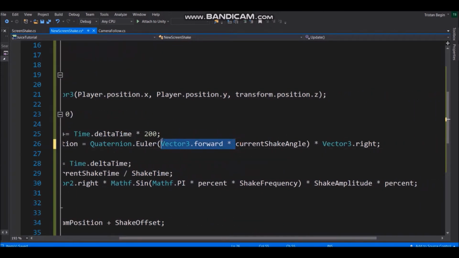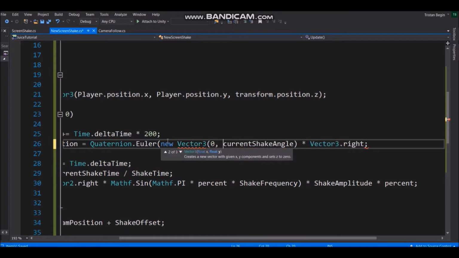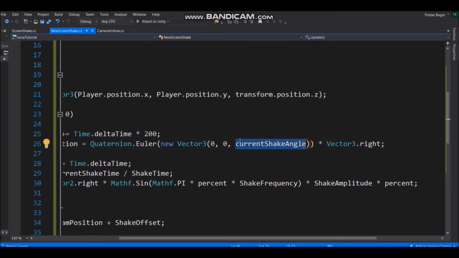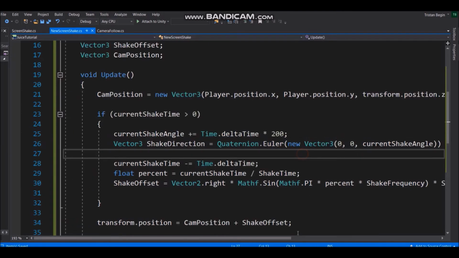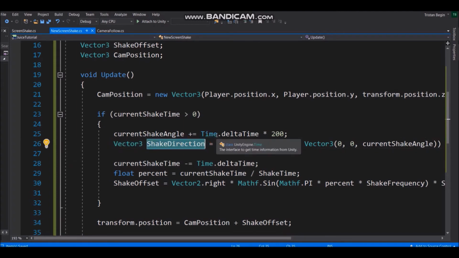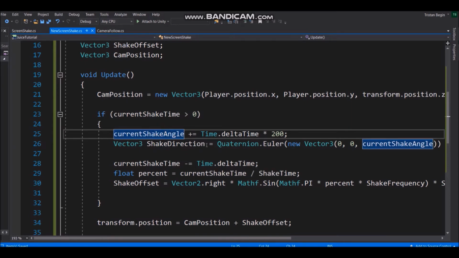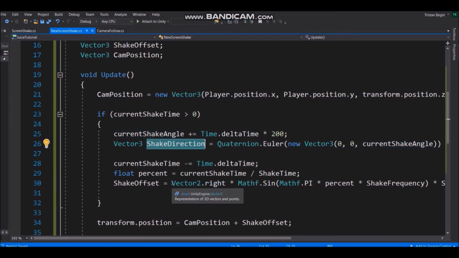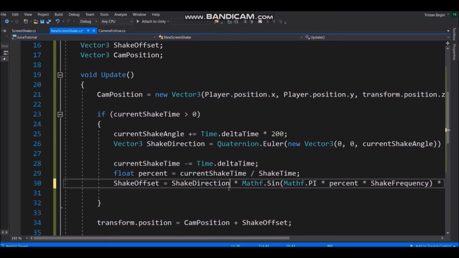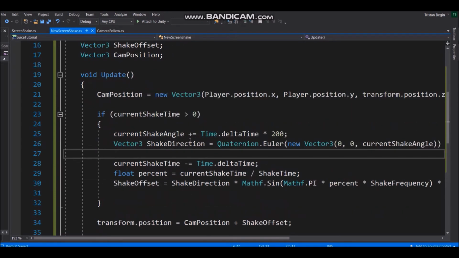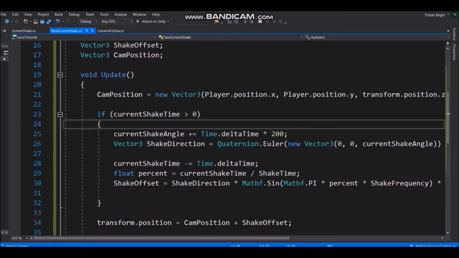Actually, let me just... This more clearly shows what's going on here. So it's basically just doing this. It's rotating it by the angle in the z axis, and it's multiplying it by right. Setting that to the shake direction. Now, what you want to do, if you want to use this, is replace Vector2.right here with shake direction, the current shake direction. And now, if we play the game,